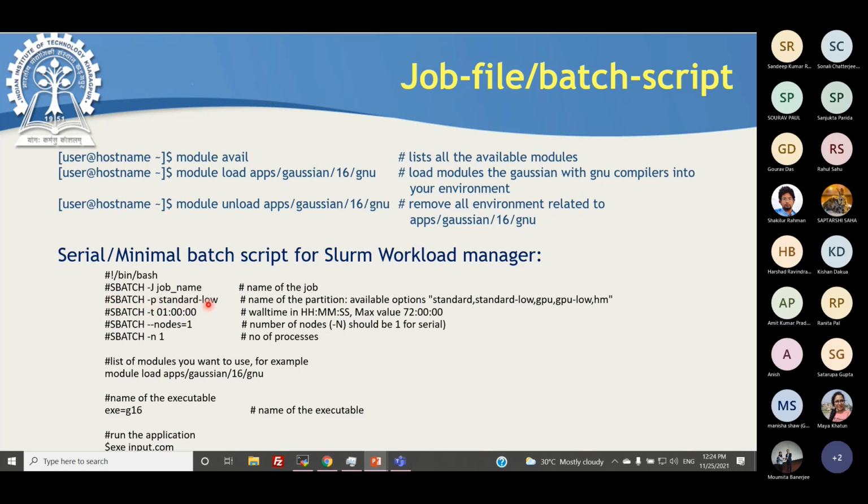That means which partition the job will be submitted to. There are lots of partitions: standard-low, GPU-low, and high memory. Generally it is preferred to use standard-low because it is free. Standard-low and GPU-low, these two partitions are free. For the rest of the partitions you have to pay some charge. Currently it is in virtual currency, maybe at a later stage it may be real currency.